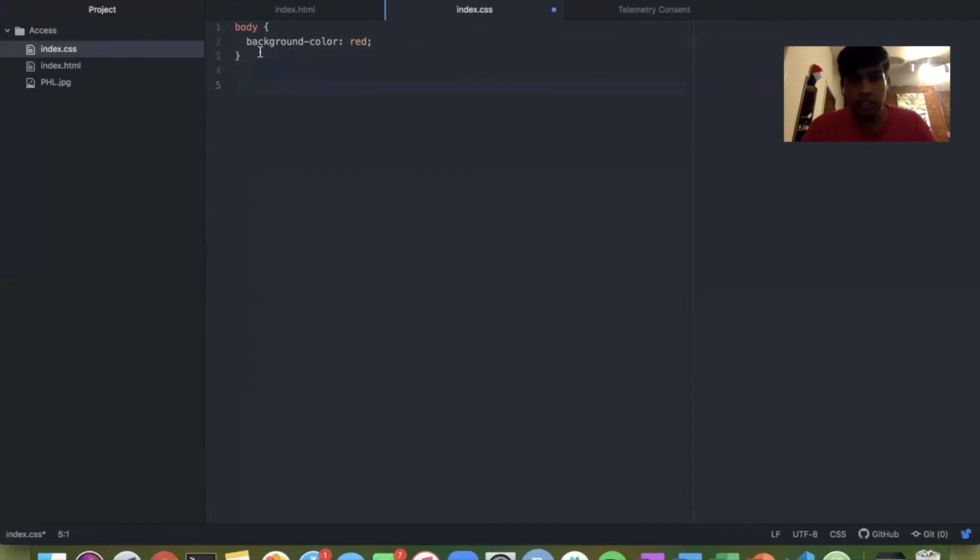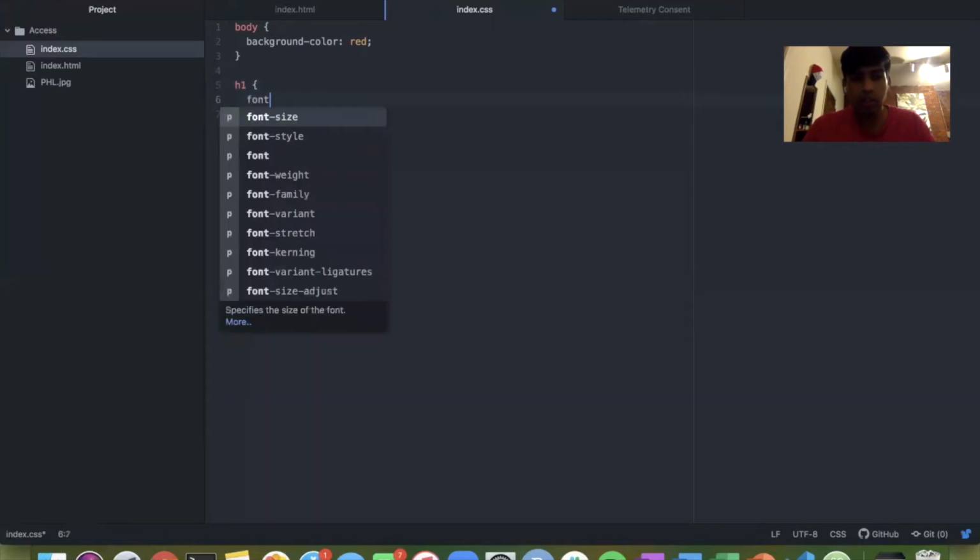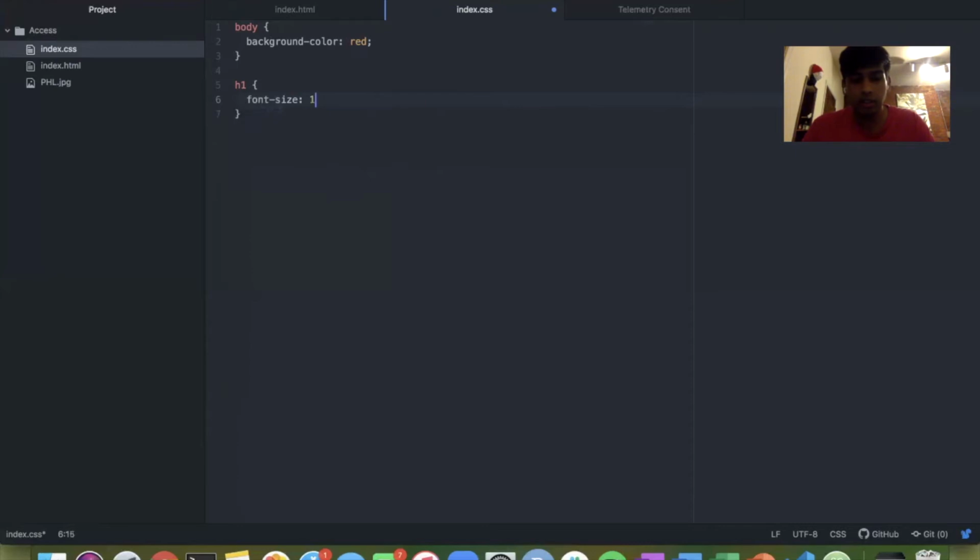Let's say I want to change the styles of something that's not body, like my H1 tag. So I just write H1, I put open curly brace and close curly brace. And then let's say I would say font size 15 pixels. And you'll learn about font size also later in this video. I'm just using an example for now. If I say font size 15 pixels and I save it,